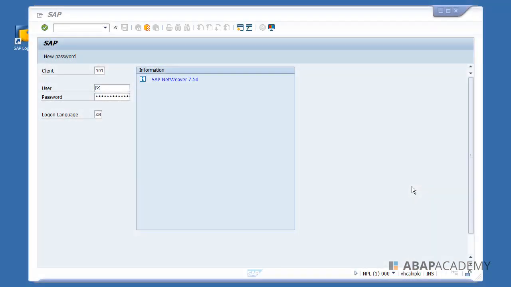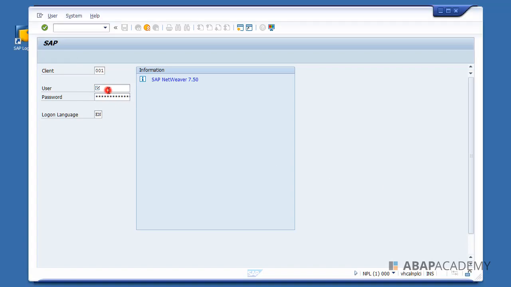So we are already connected to the system. We have our login screen displayed, so we are very close to getting inside the SAP system. The SAP trial system, which we have already installed, provides a default user for development. The name of the user is developer, and the password for that is appliance, and this starts with